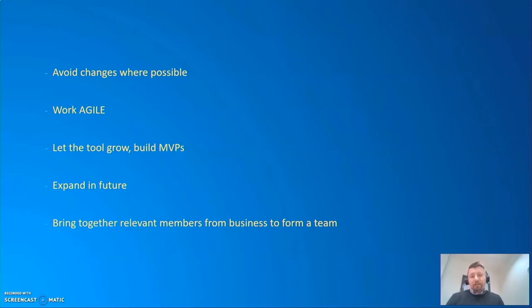Another challenge is that if you have to make changes that have a downstream effect on your tools and scripts, that can be a bit painful. If you have a stream, for example, of 8 scripts and you need to make a change in script number 3, that may break scripts downstream that you have to fix, and it may be things like a field map in a spatial join that doesn't work anymore. Other than that, you can't really avoid making these changes, but we definitely will have a few changes come up because we are only at version 1 really of our tool, although we already made some tweaks to it.